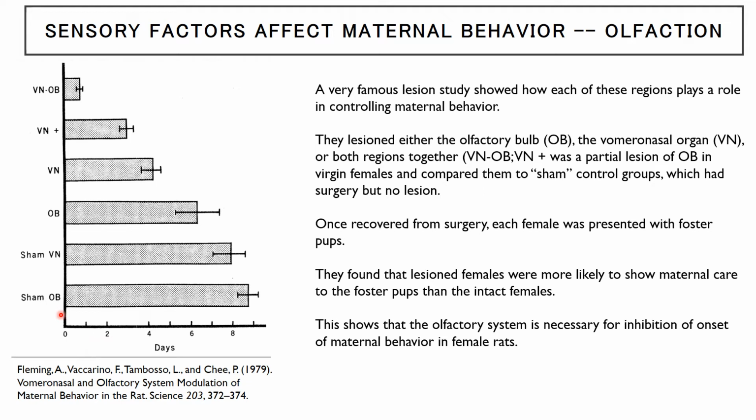This seems counterintuitive. You would think you need this system in order to show the maternal behavior, but instead the system of recognizing odors appears to be inhibiting maternal behavior. This is showing that the smells involved here are actually an inhibitory response. These females are not primed to show maternal behavior yet, right? They are nulliparous. They haven't gone through this experience of having the surge in oxytocin. Having an intact olfactory system is part of that.